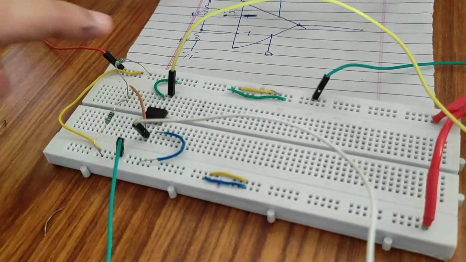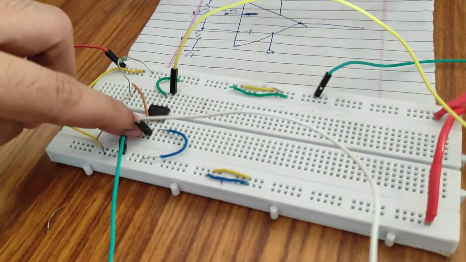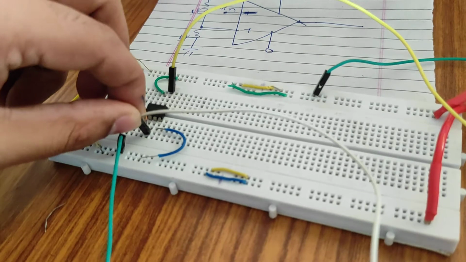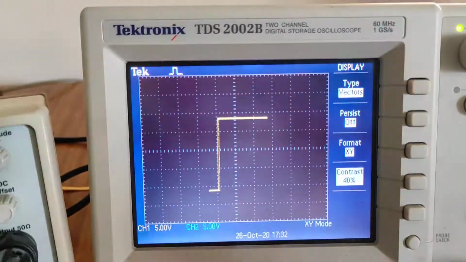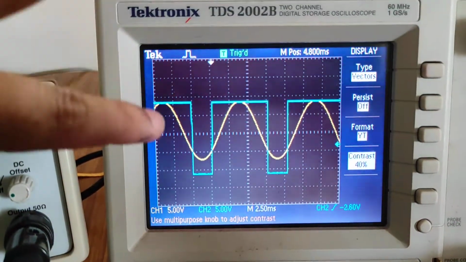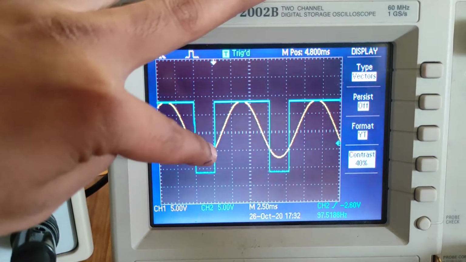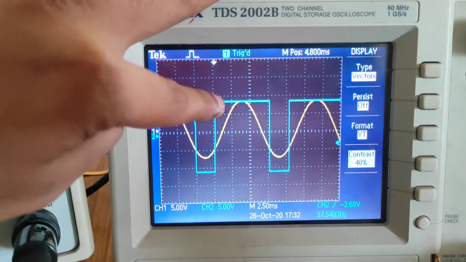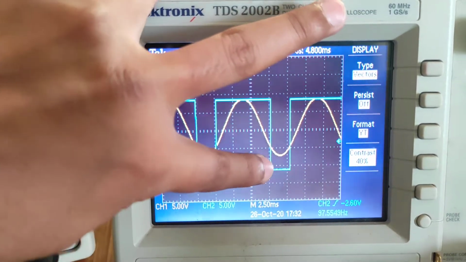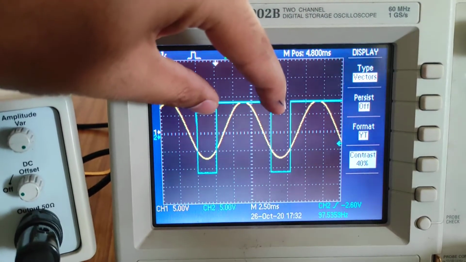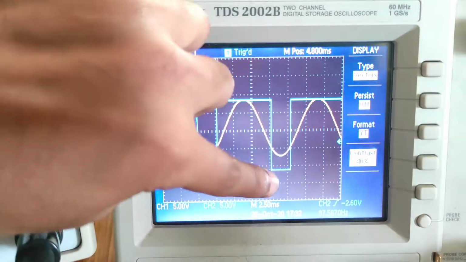If you look at the reference I have given, this is negative 10 volt, and now I have applied the input at the non-inverting terminal. If you look at the output, this is your output, and if you go to YT mode, see, my reference is still minus 5 volt. If I go greater than minus 5 volt, the output is plus V set. If I go lesser than minus 5 volt, then the output is minus V set. So for a higher period of time it is plus V set, and for a lower period of time minus V set.